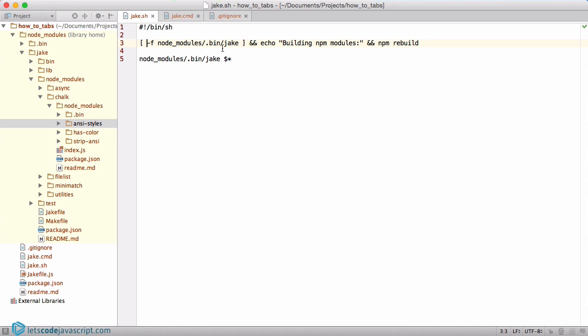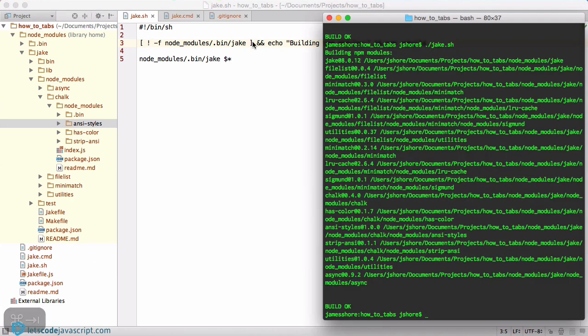What we want to do here is actually say, if the file doesn't exist, do this, and then that. That's shell scripting for you. It's kind of bizarre, and honestly, I don't know exactly why this is the syntax. I don't know the ins and outs of shell scripting that much. When I need to know how to do something in a shell script, I just Google it. I do know, however, that you need to put these spaces in. So if I do this now, we should see that